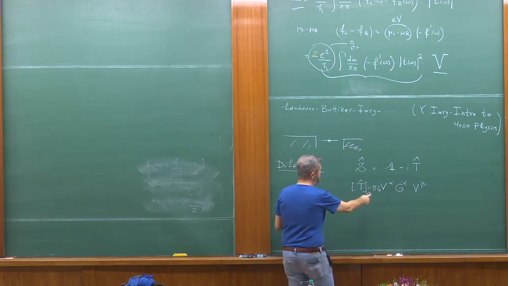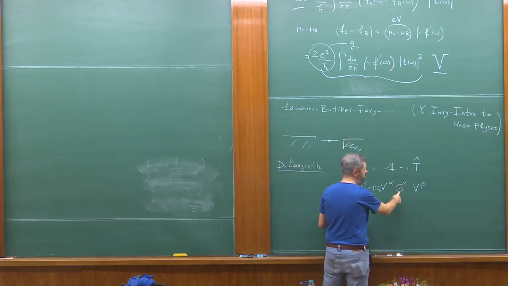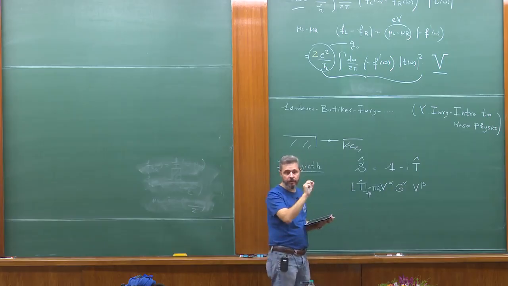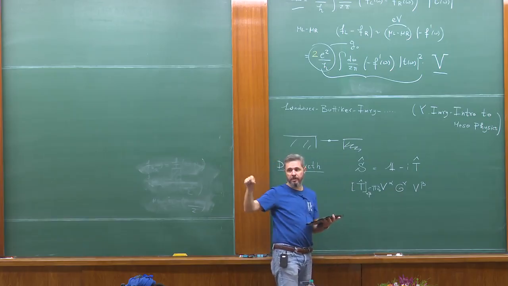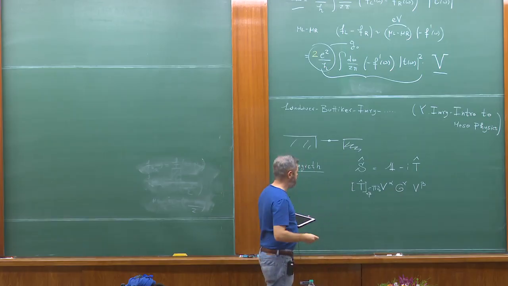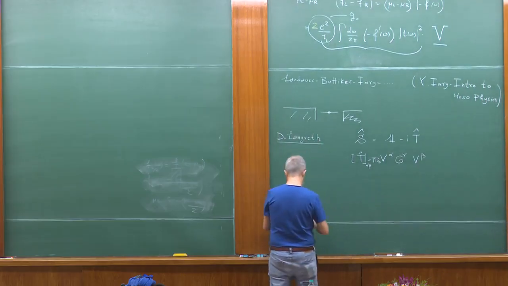So this is the density of states in the leads. These are the tunneling matrix elements. This is the retarded Green function of our resonant level that we computed yesterday. You remember, it is a simple pole, 1 over omega minus epsilon naught plus i gamma. So if we now take this